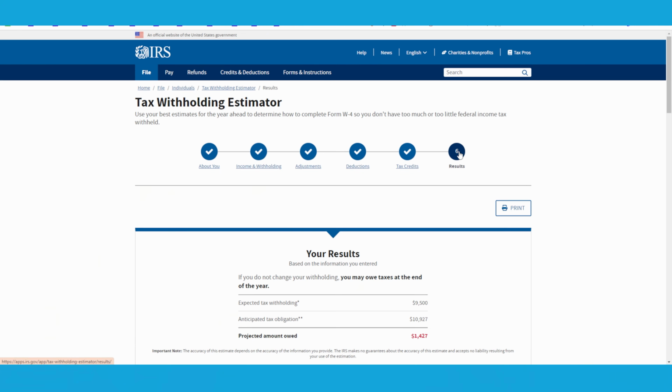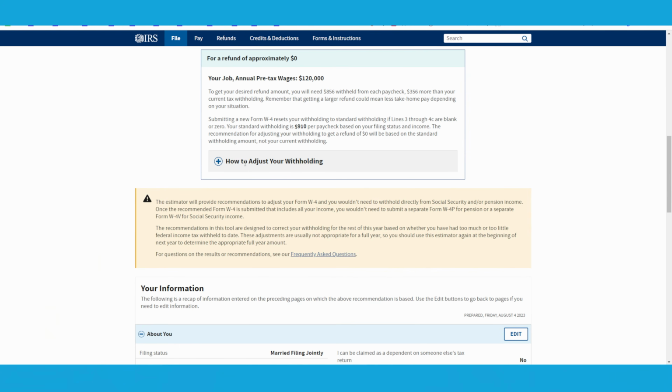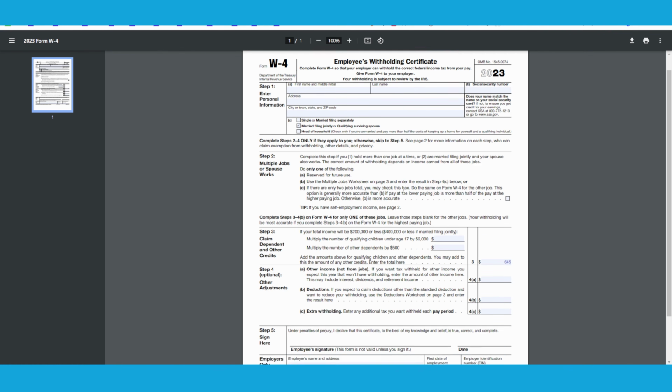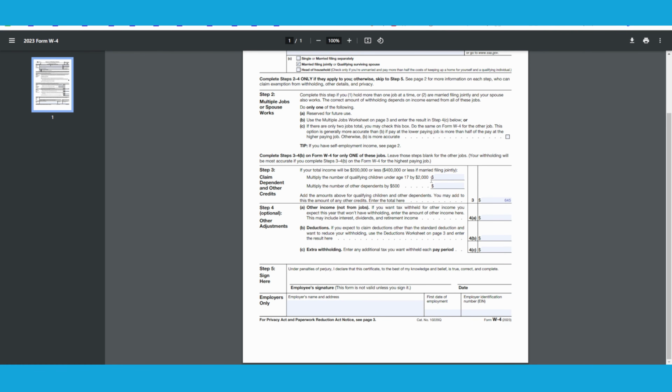And the last one is adjustments to the adjustments. This is a problem that I see. On the online estimator, when you get to that last page and print it out, just for argument's sake, let's say I printed this out and took a look at it and determined that I have 3 kids. I look at this and it says 645, so I have 3 kids, so I'm going to go ahead and enter in 6,000 here, and then I'm going to add that here,